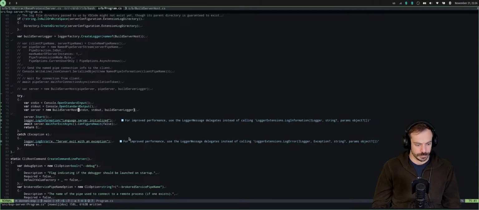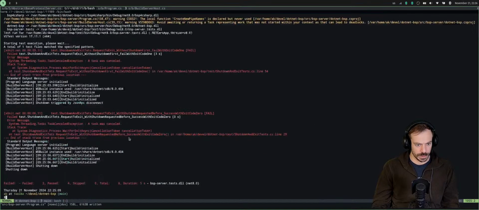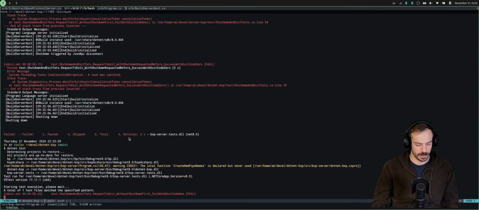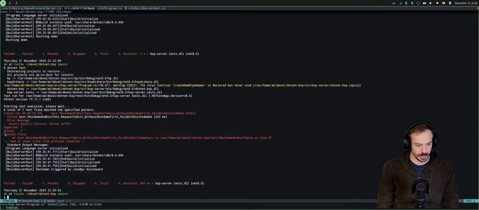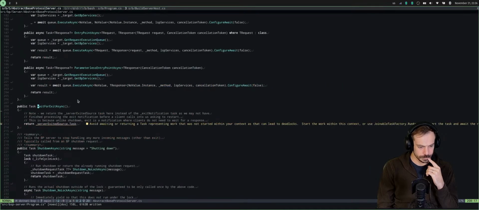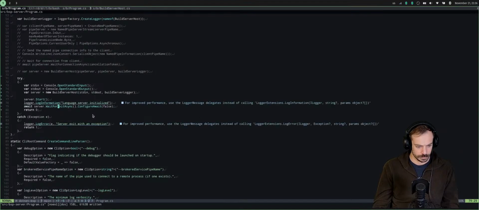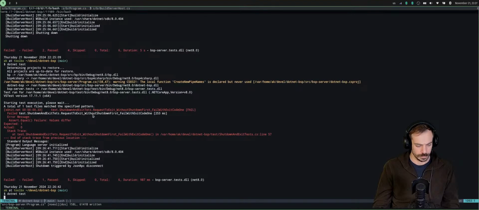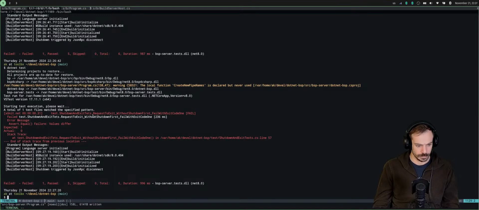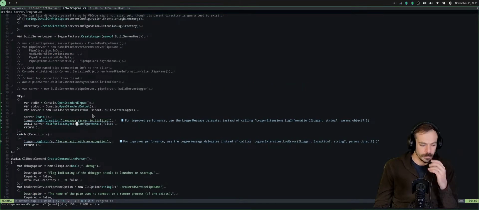Just trying to find out where the exception is thrown, if we could catch it to get the specific exit code we need. So this one is not caught.